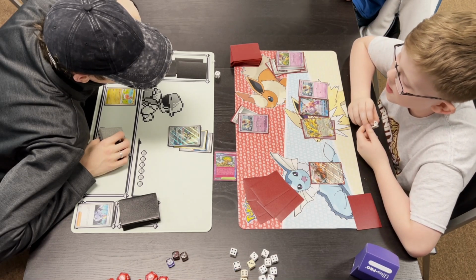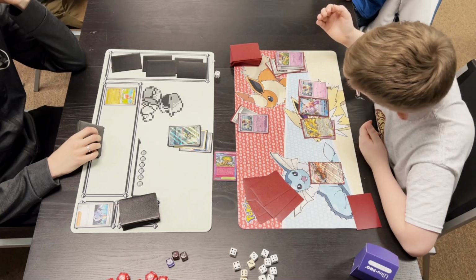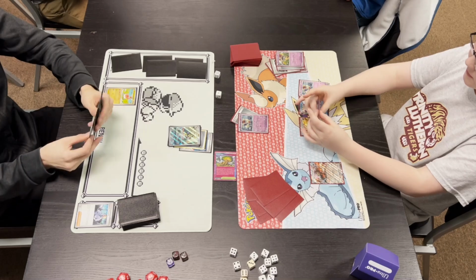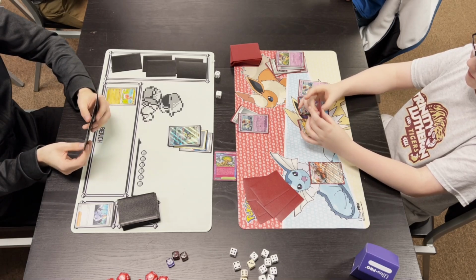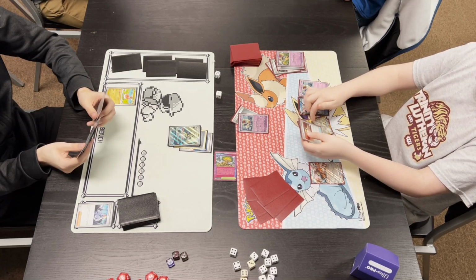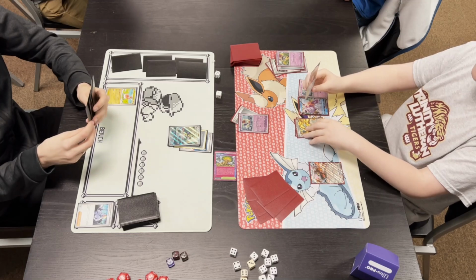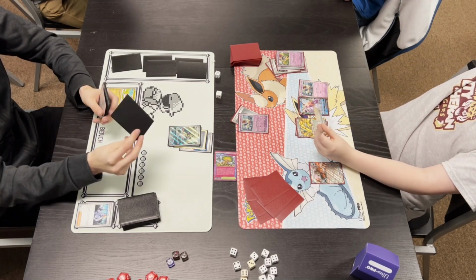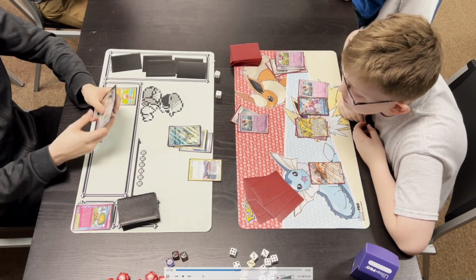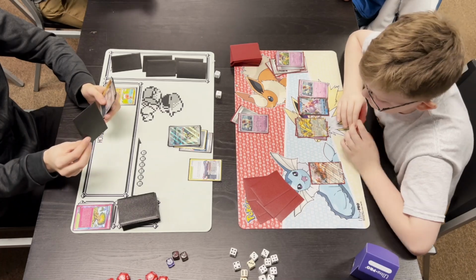I'm not quite sure what it does, but I think for this one I'll let the players resolve it. Tails was flipped, so I guess nothing. And play is passed back over to our Aegislash player on the left. It looks like they may have locked our Gholdengo player out of the game with this Aegislash Mysterious Shield, as